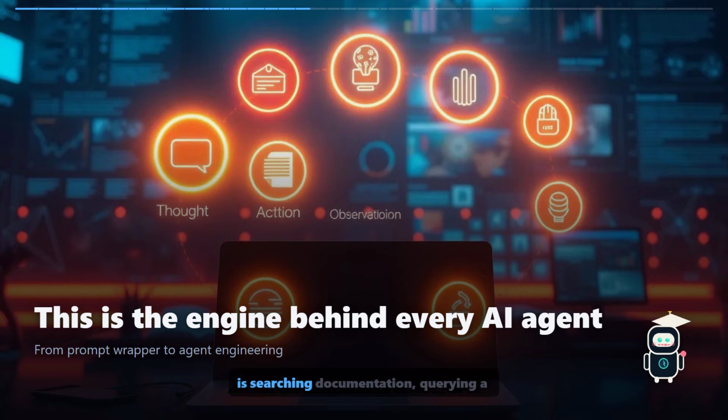Whether an agent is searching documentation, querying a database, executing Python code, or calling an external API, it follows the same basic cycle. Decide, act, observe, and continue. Understanding this pattern helps you understand how modern AI agents work under the hood, even when the framework hides the